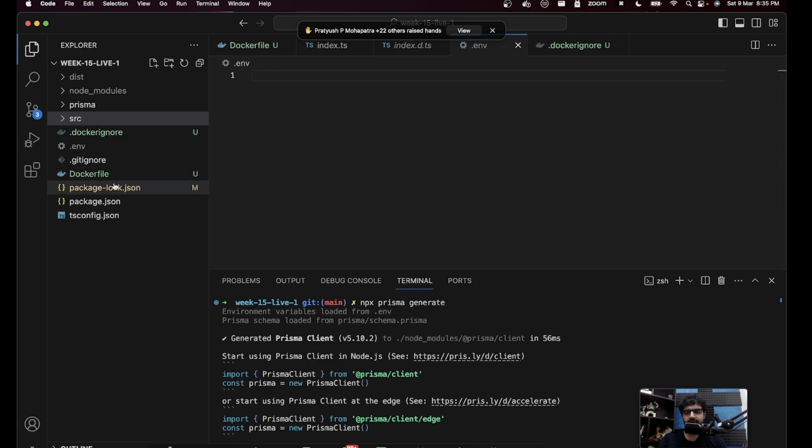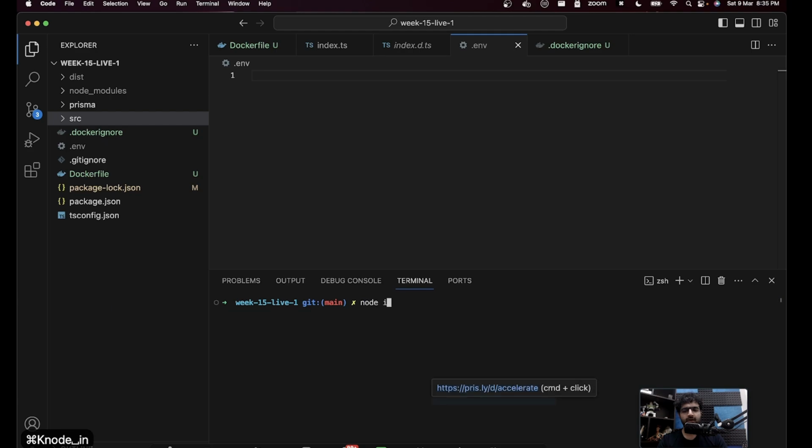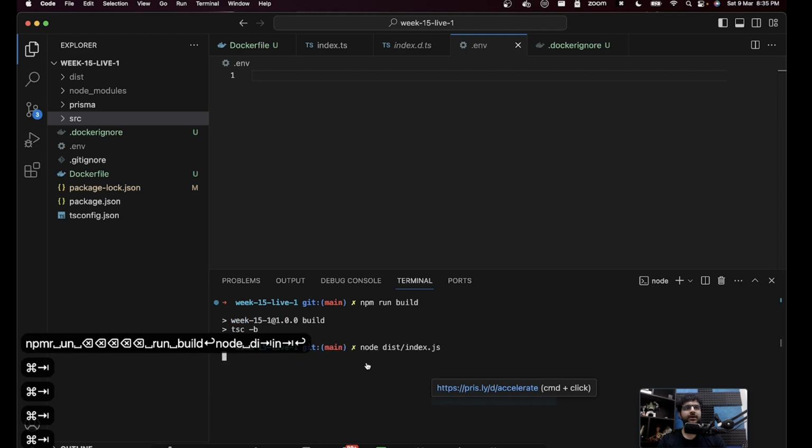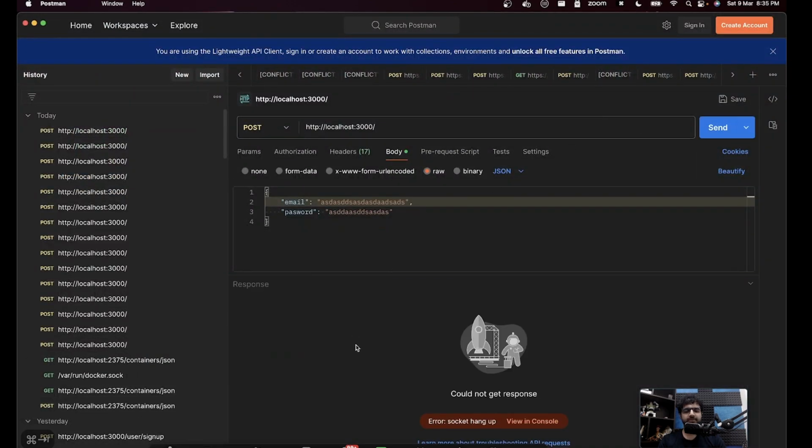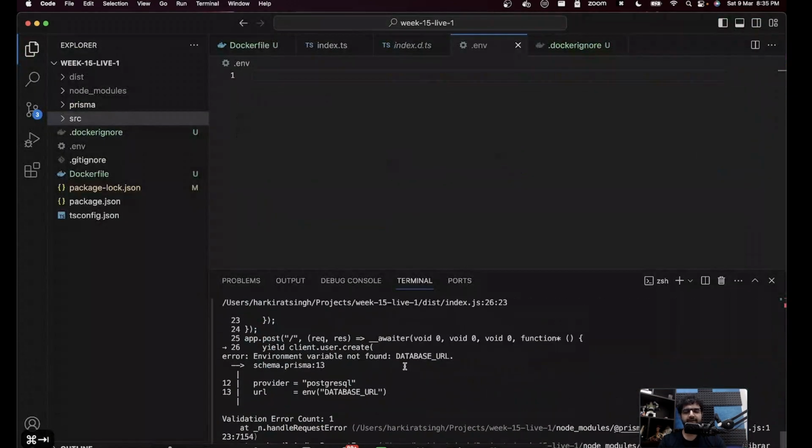It's not present anywhere in my source code, which is why now if I run npm run build followed by node dist/index.js, you will see if I send a request, it breaks. It says cannot find database URL.